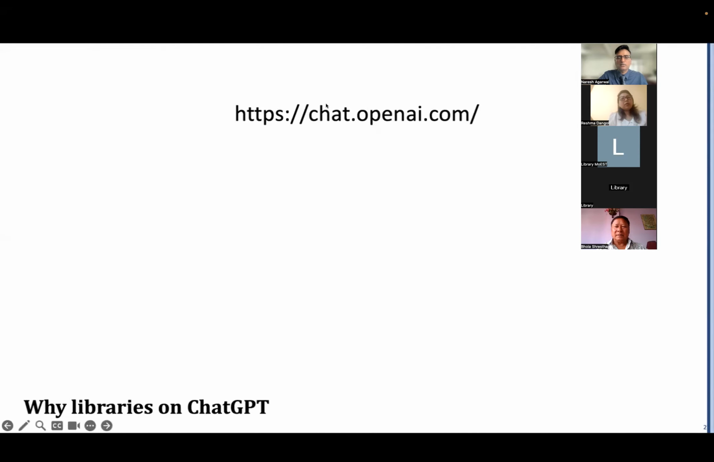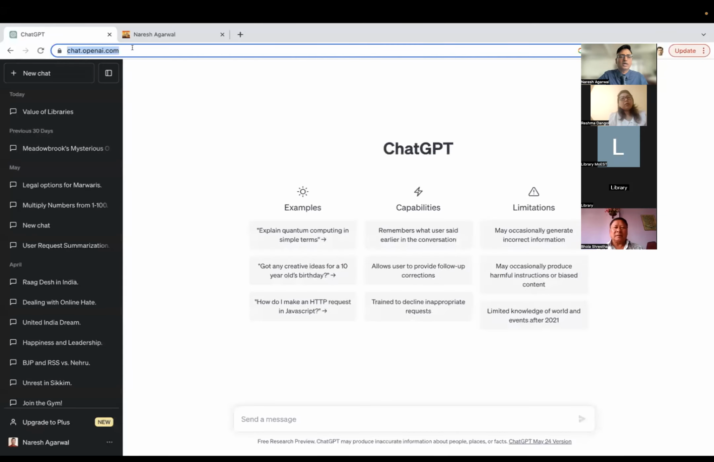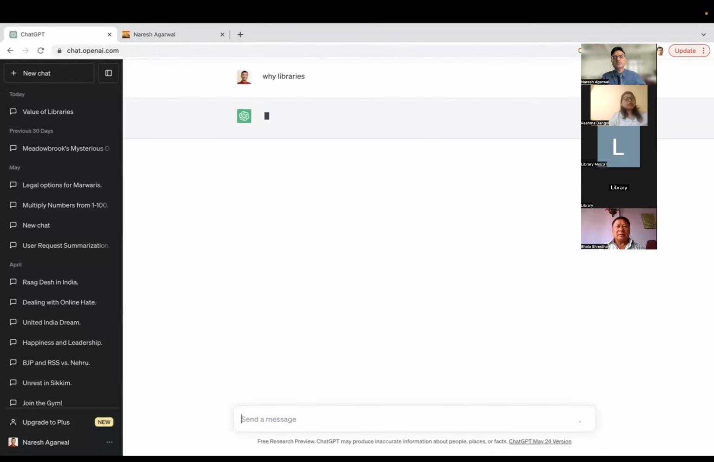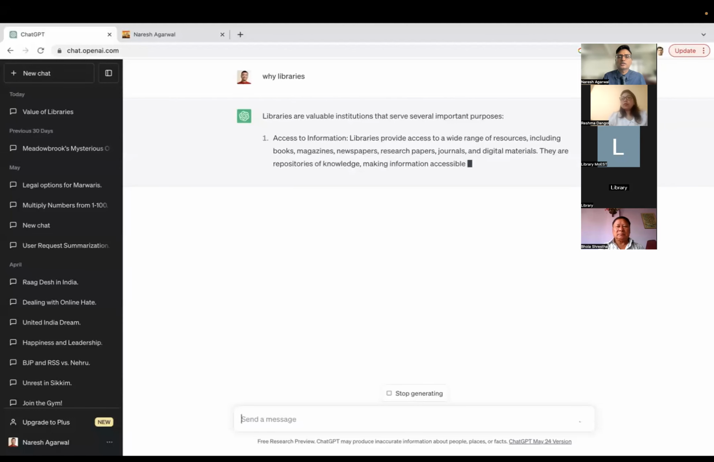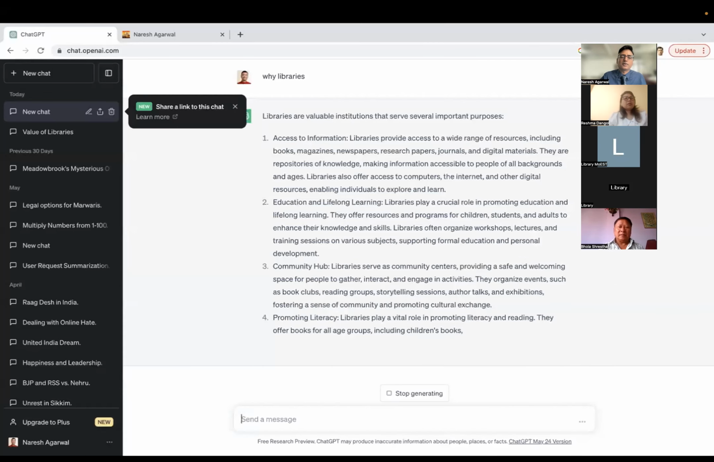And let's do the same search on ChatGPT. So I have ChatGPT open here, and if I search for why libraries, ChatGPT will hopefully give us some answers to these questions when we talk about library advocacy. So it says,